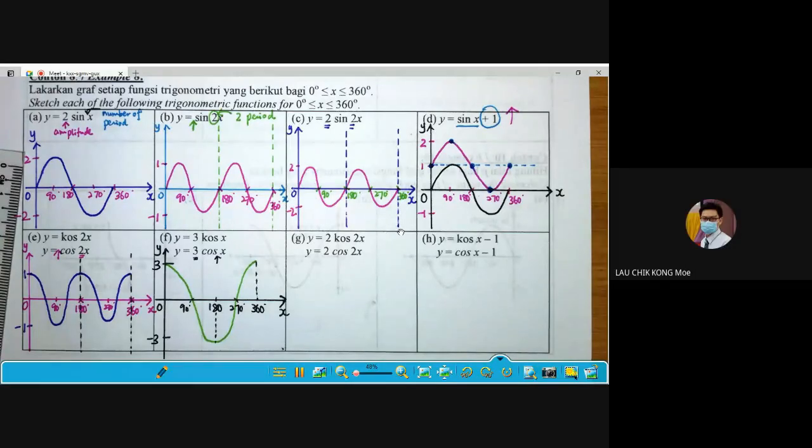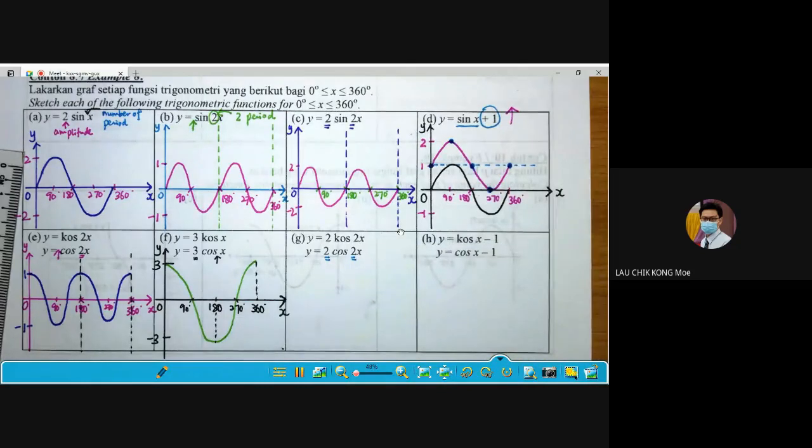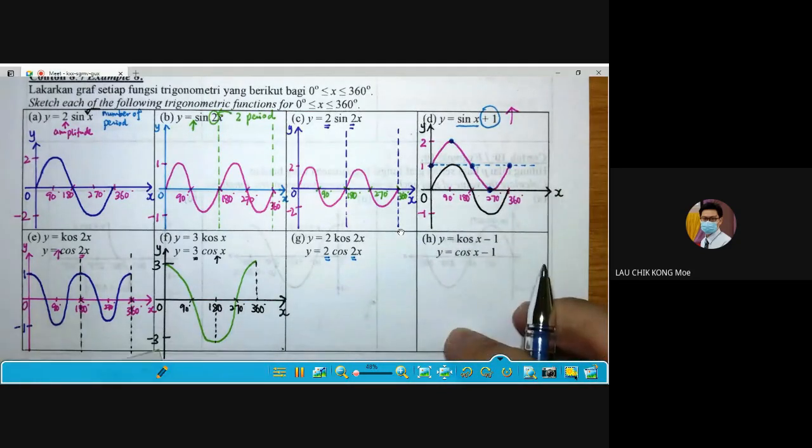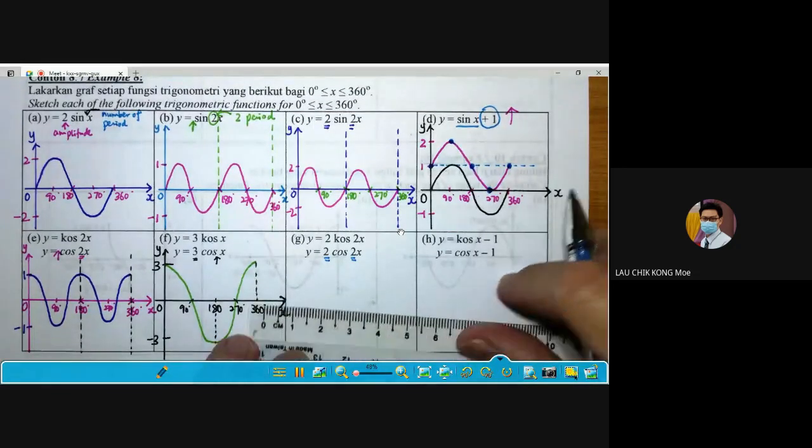Okay. So next, we continue. G, we continue with G. Okay, so G is y equals 2 cos 2x. Amplitude 2, the number of periods is also 2. It is the same as E, 2 periods, but the amplitude becomes 2. So this one you do it. You just change the amplitude to 2 and then draw the 2 periods like this. So this answer G is almost like E. Just change the amplitude to 2, -2. Okay, so you can start. Just draw the x and y axis first.